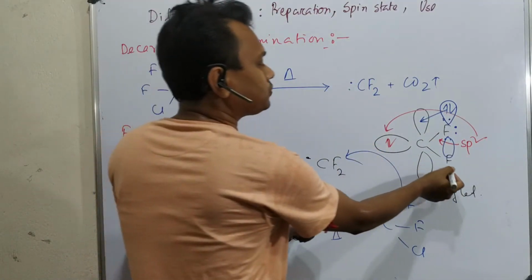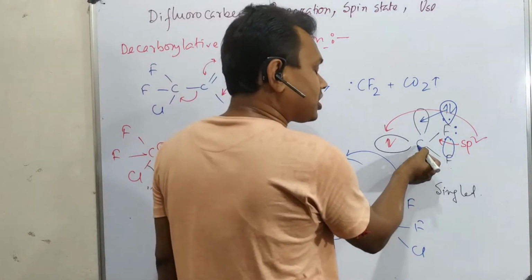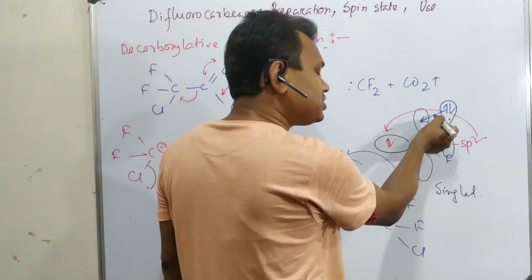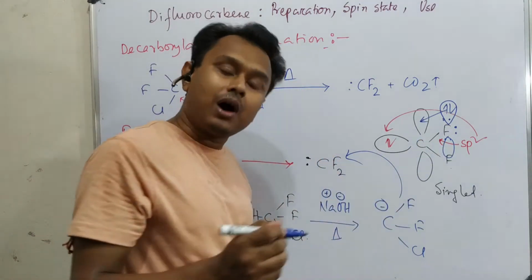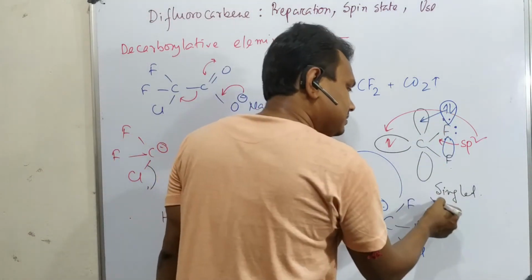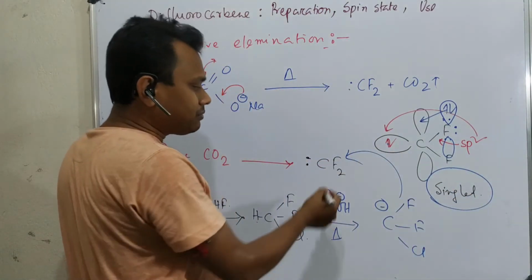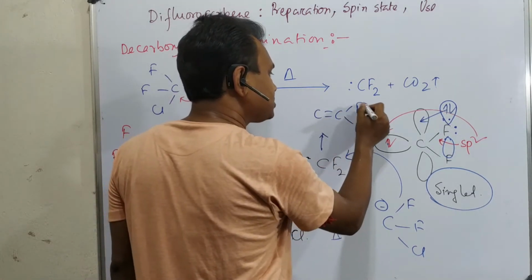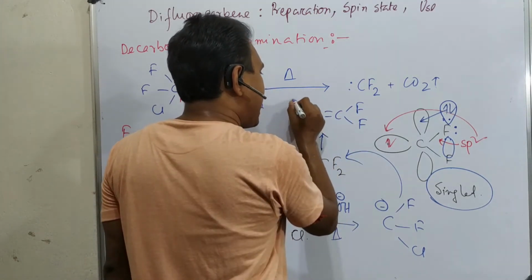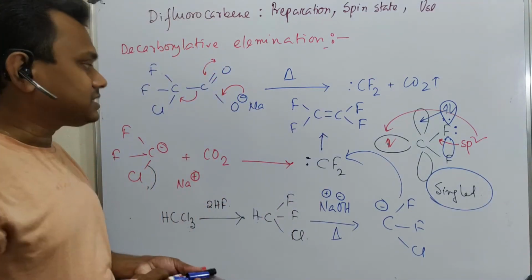In this way, both fluorines donate electron density to the central carbon. Although this central carbon is a 6 electron species, because of this donation the electron deficiency of the carbon center is somehow neutralized. It is stabilized, and that's why it can act as a ligand. And by the way, remember this CF2 can dimerize itself to produce tetrafluoroethylene, and this tetrafluoroethylene is a precursor for a very famous polymer, that is Teflon.